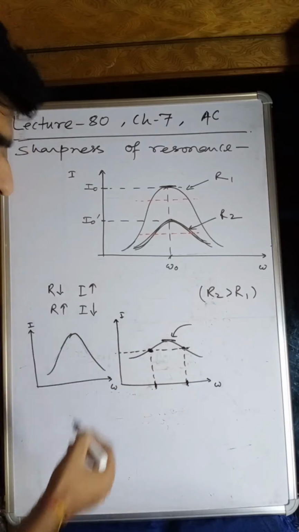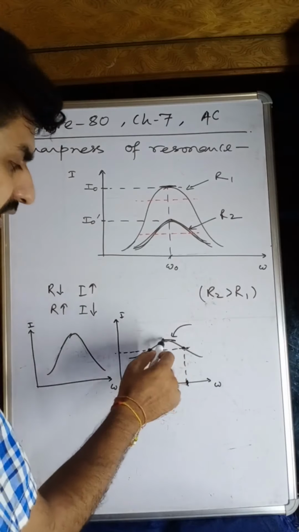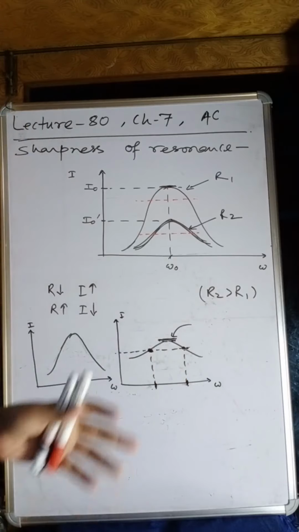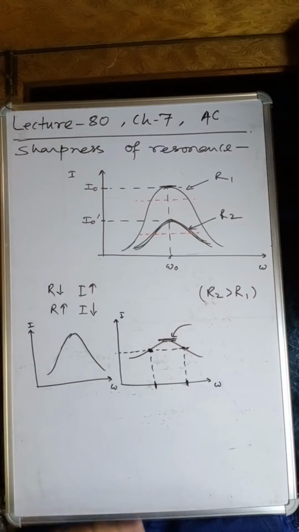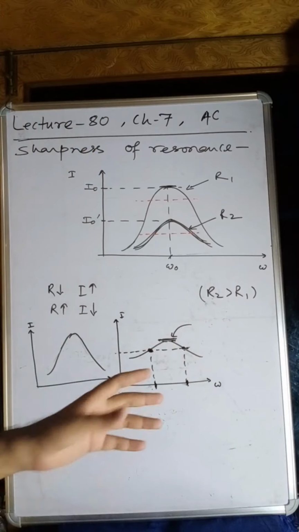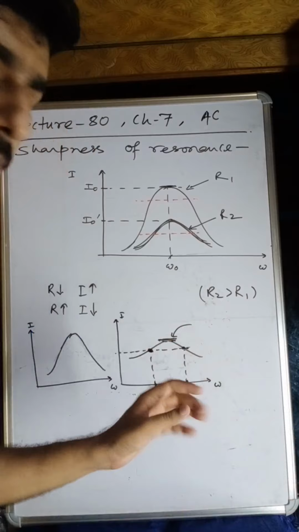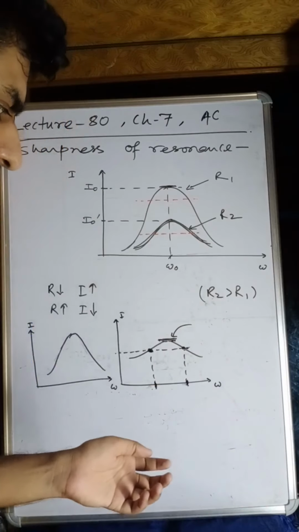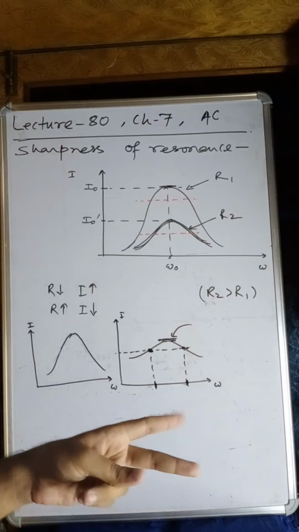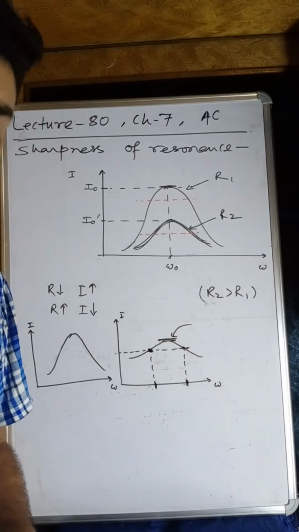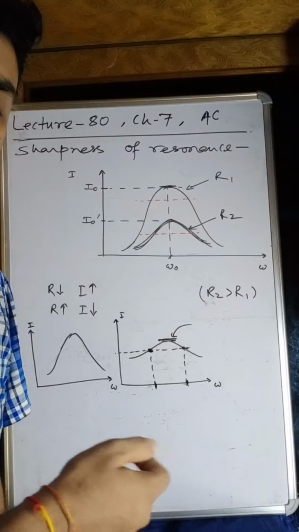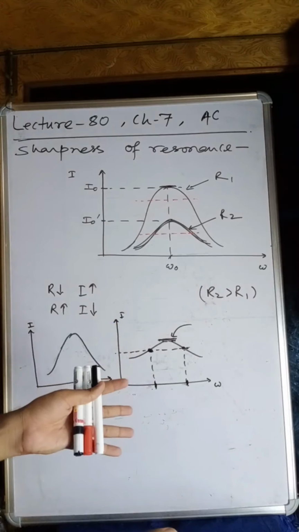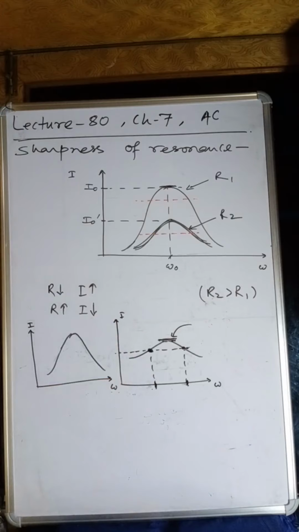You can see the current will be almost the same, near the peak value. So simultaneously your TV or radio will tune to two stations, and this will not be very good quality of radio or television. If two channels are coming at the same frequency, you put channel number 235, and you get two channels mixed together. So that is not very good.